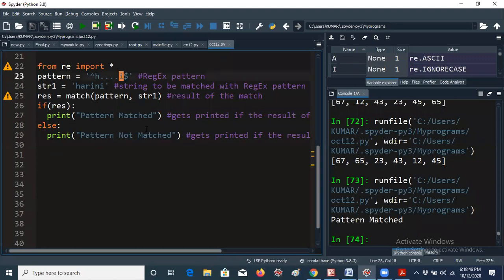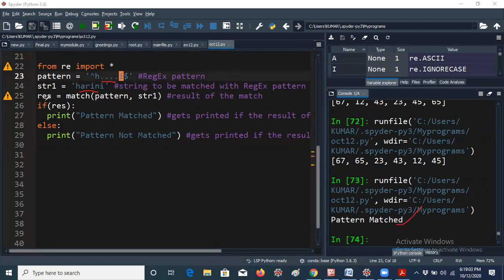Please wait, guys. ARIN: how many characters do we have? 4. I am giving 4 dots here. So now I am getting the pattern match.